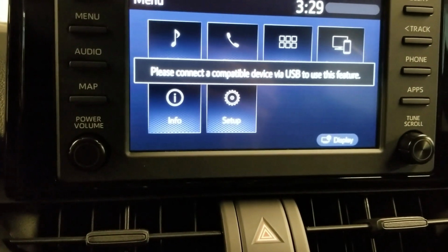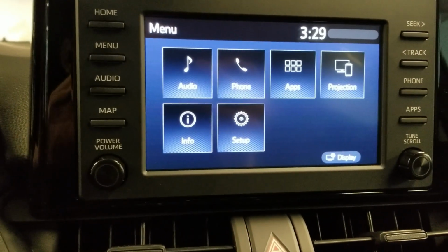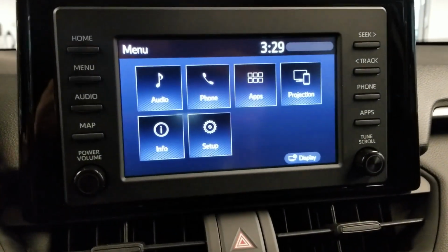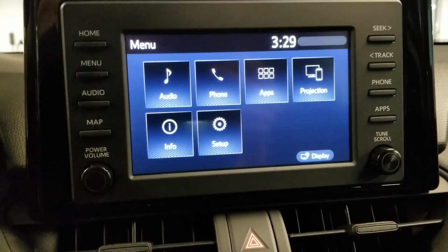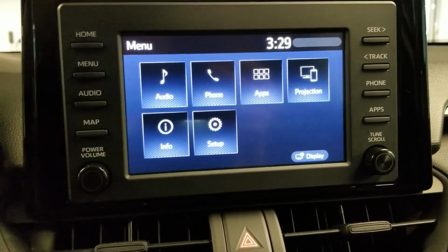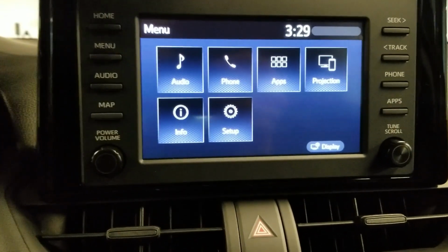This over here, projection, is for Apple CarPlay and Android Auto. So how that works is that if you have an iPhone, you plug your USB lightning wire right in there into your phone. Make sure to have Siri enabled, because if you don't have Siri, it's not going to work. So when you plug it in there, this will pop up as Apple CarPlay. And when you press on it, this turns the entire screen into your phone, and any compatible apps will be